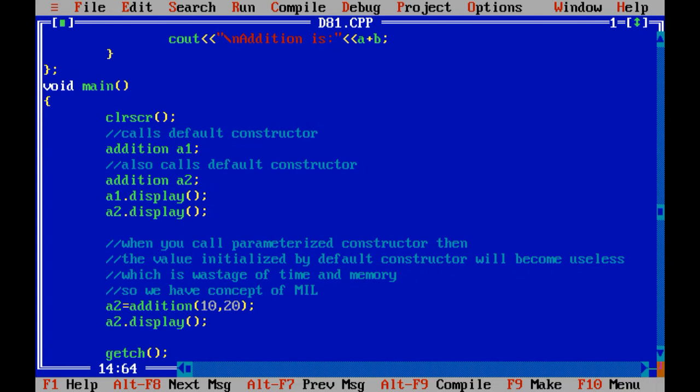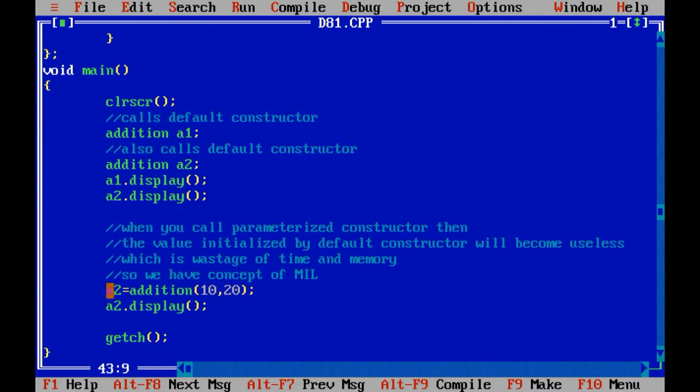Now consider the situation when you call object A2 equals to, see, this is the second way through which you can call the parameterized constructor of the class. You need to write the name of the object, then equals to, then the name of the class, and whatever parameters you want to pass, you can pass them over here.